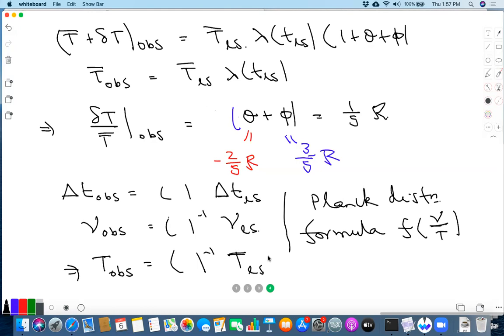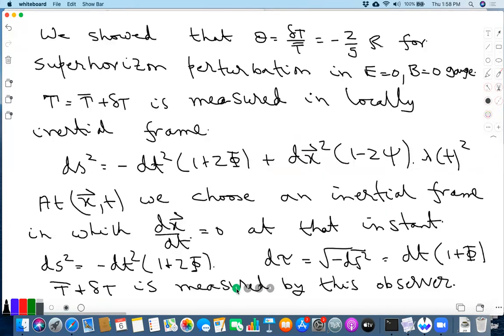Volume factor. Yes, there should be something like that, and if we multiply that volume factor, there would be a factor of psi coming out, right? Because in the metric we have something like dA square is minus 1 plus 2 phi d tau square dt square plus 1 minus psi dx square. But ultimately the temperature that we're relating to is the temperature measured by the inertial observer, where these factors have already been taken into account.